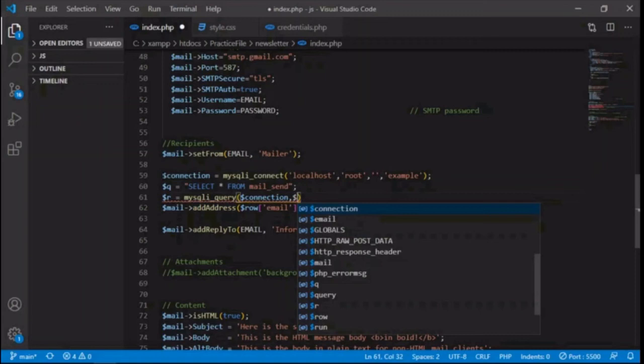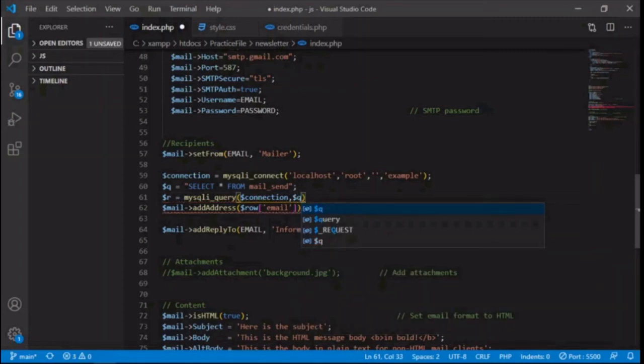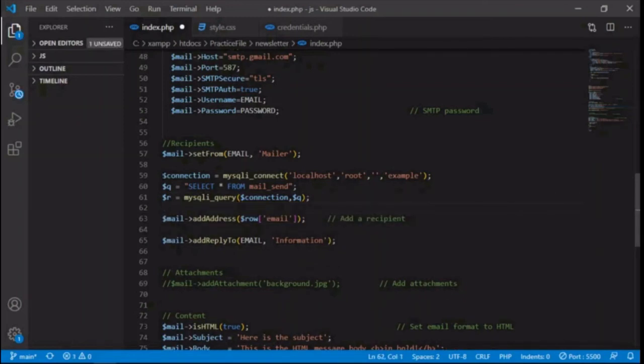In the MySQL query function, we need to pass two variables, the connection variable and the query variable. Then run that. Yes, we already ran that.